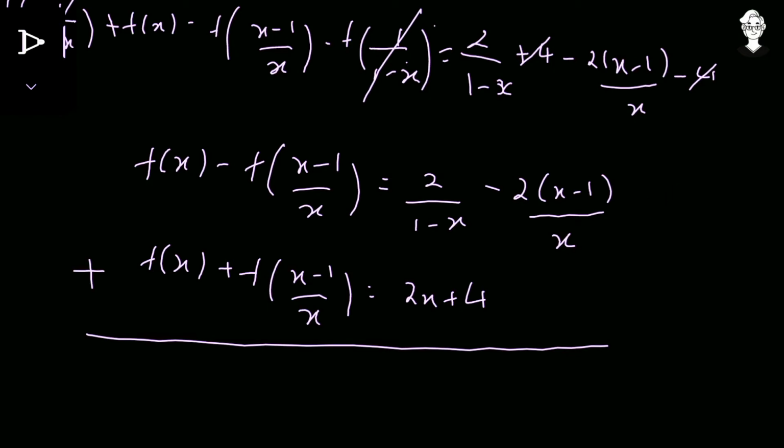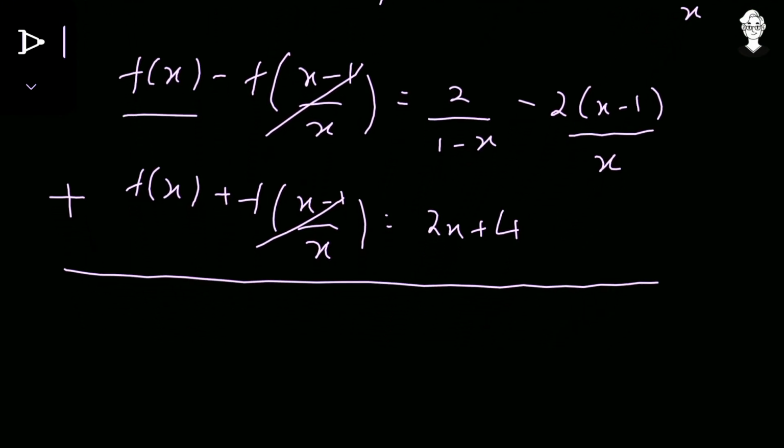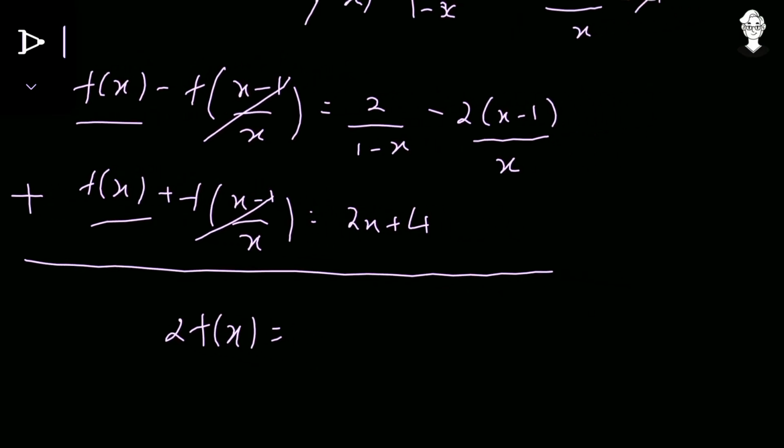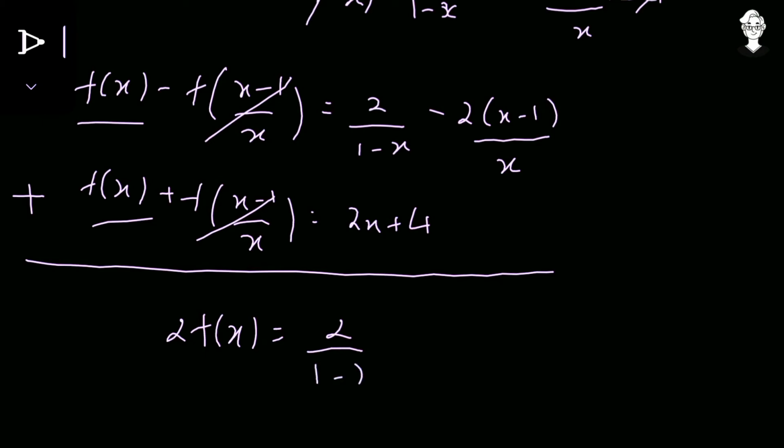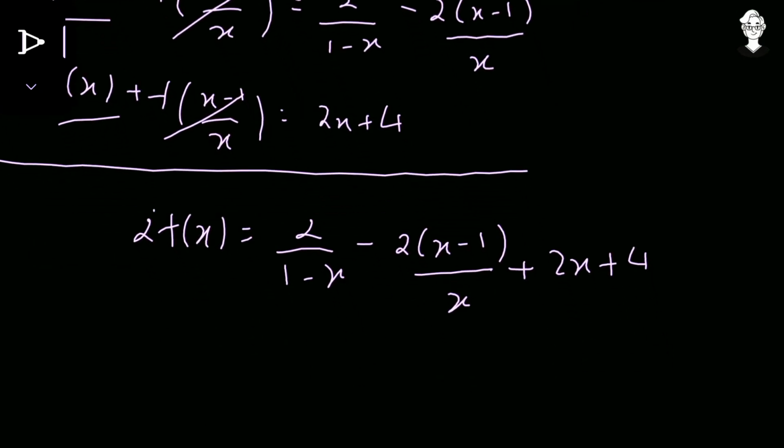If I add these two equations, I can see that f of x minus 1 upon x is negative here and positive there, so they both got cancelled out. f of x plus f of x gives me 2 times f of x, and the RHS added very nicely, that is 2 upon 1 minus x minus 2 times x minus 1 upon x plus 2 times x plus 4. Now I can see that all this 2 can be cancelled, and instead of 4 we have 2 remaining over there,